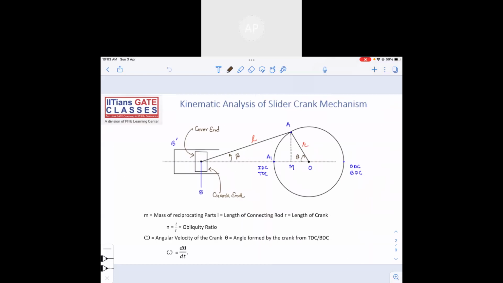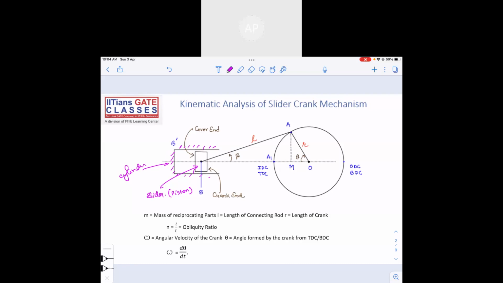So here you can see this is a single slider crank mechanism, right? So which one is the slider here? This is the slider. You have already seen this mechanism, right? Simple mechanism. So this is the piston. Sorry, this is the slider. Slider, that is the piston. Nothing else but the piston. Then this is the cylinder. Cylinder is fixed,